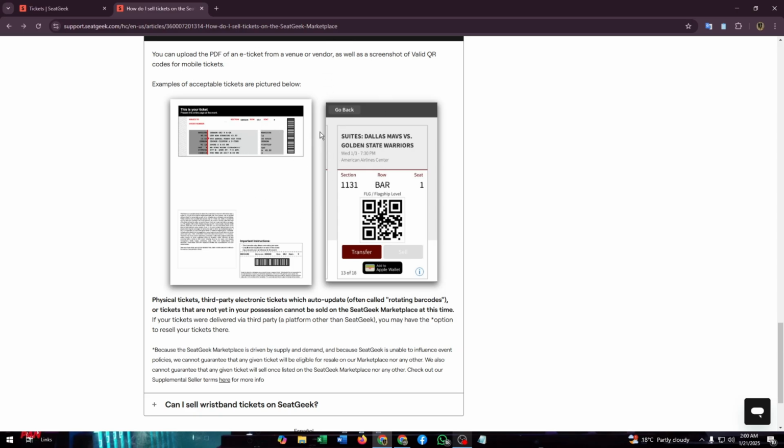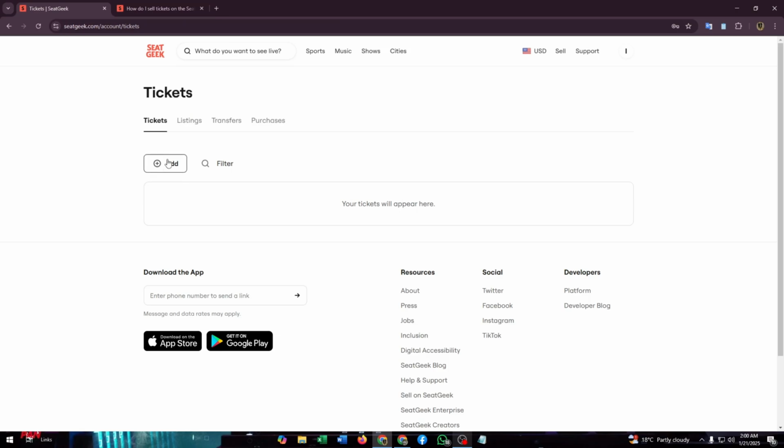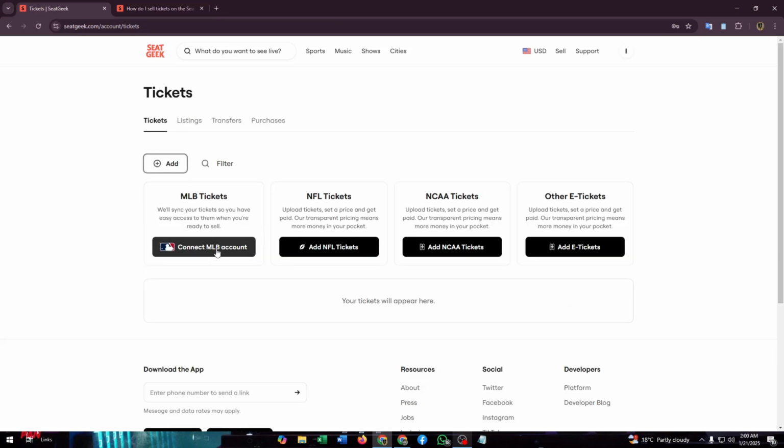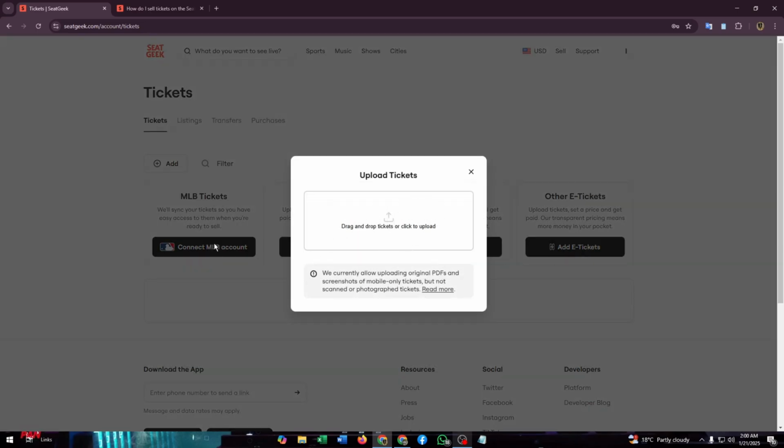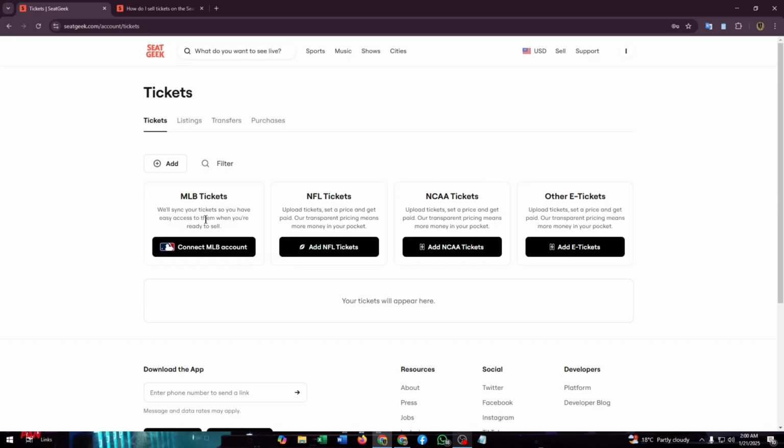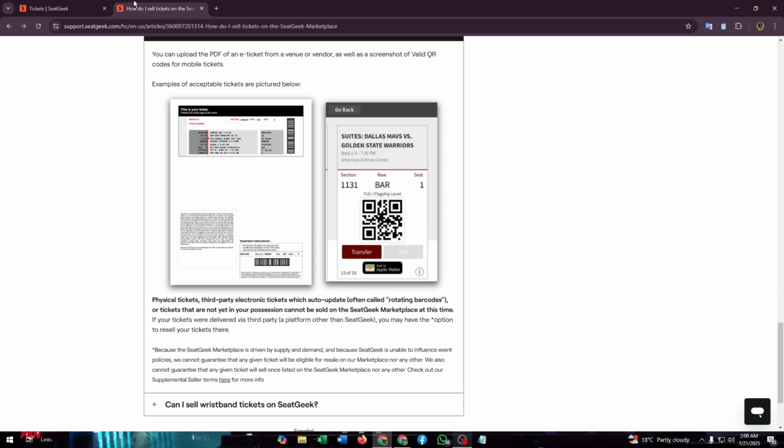Here you can see the PDF and you will get a barcode for mobile access. You can also add MLB tickets, NFL tickets and NCAA tickets, but we are going with e-tickets, electronic tickets. Just simply click on add e-tickets and we just need to drag and drop that ticket PDF, and from mobile app you just need to go to the mobile app, and from this e-ticket, after adding the ticket, you will